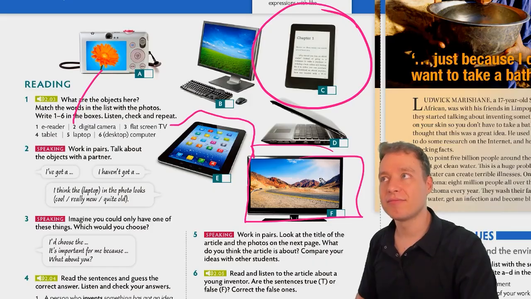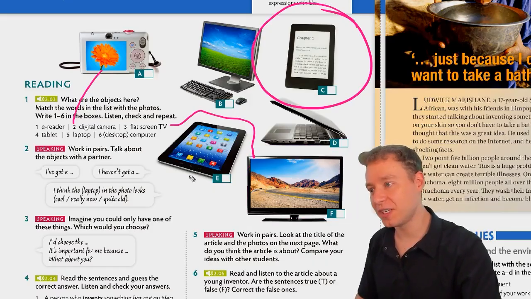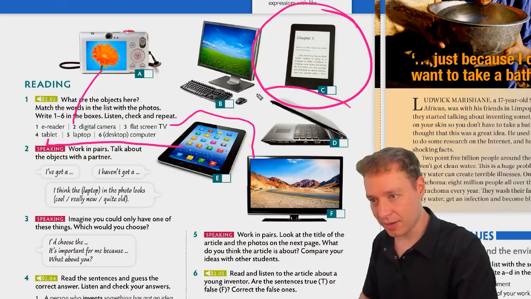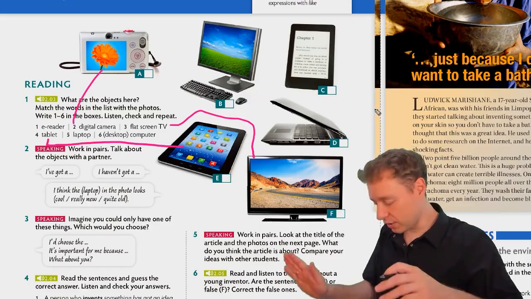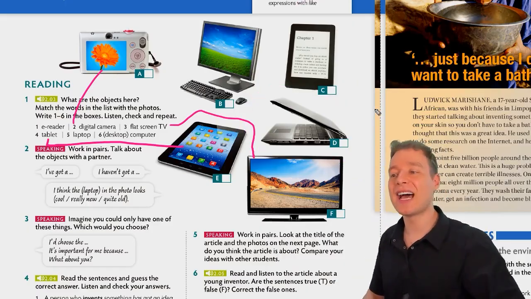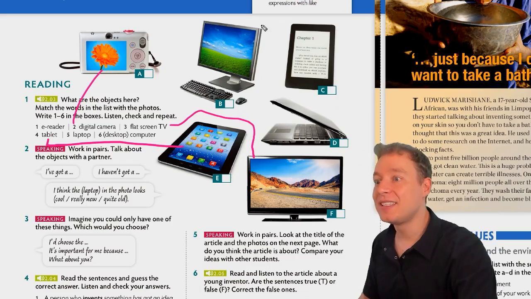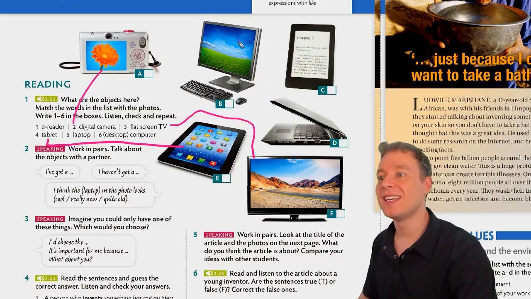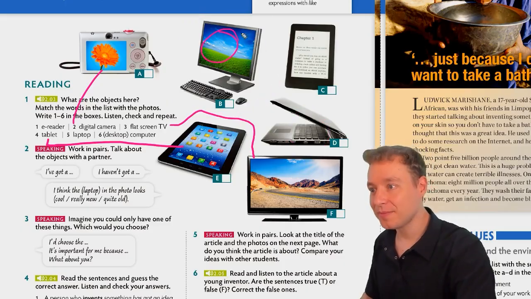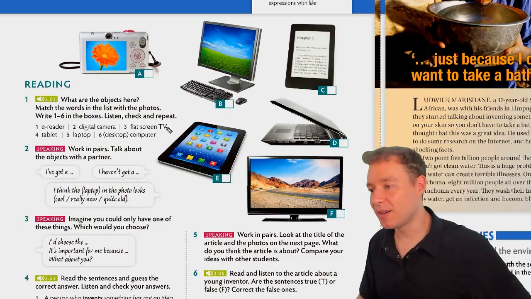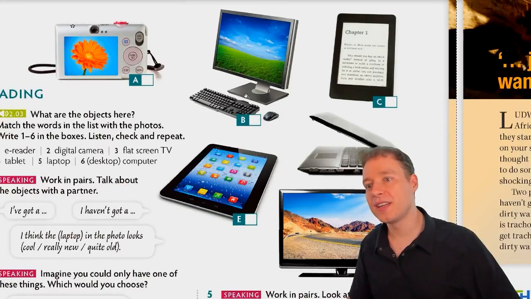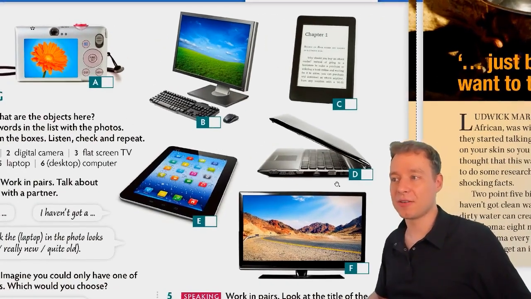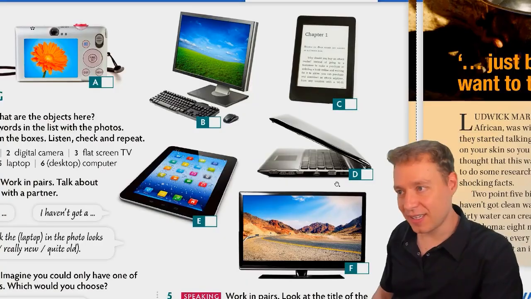Flat means 扁的,扁的屏幕 TV. Tablet, we all know that one. Laptop, we all know that one. That's this one. Laptop 的意思是腿上面的电脑。你的 lap 是你的腿。And a desktop is 书桌上面的一个桌子。Desktop, laptop. Let's talk about these objects. You can send it to the group. Tell me which of these objects you have in your house. I'll talk a little bit about these objects.